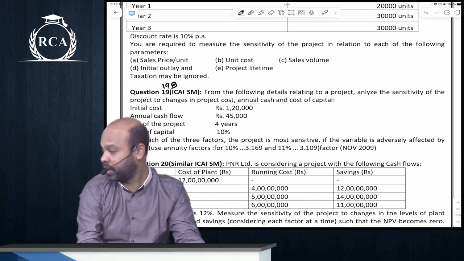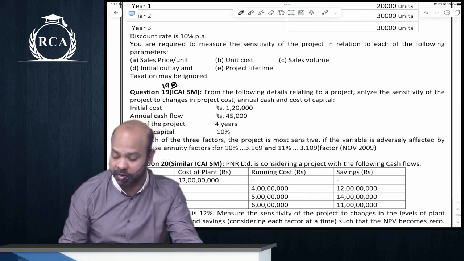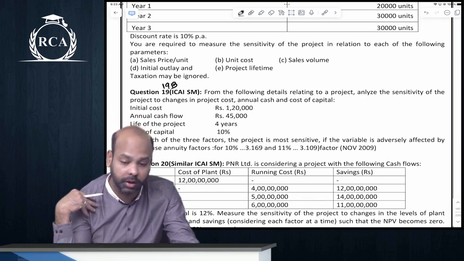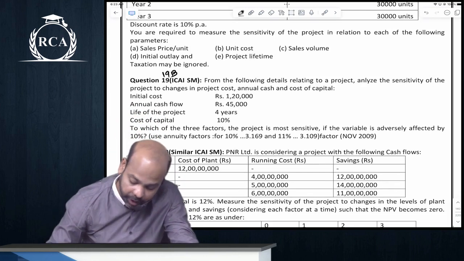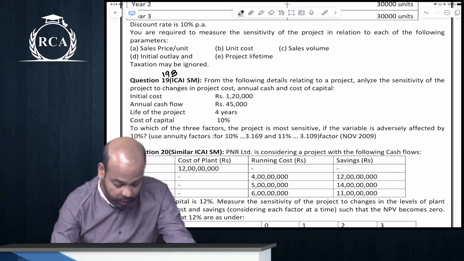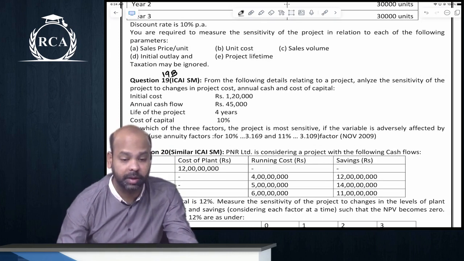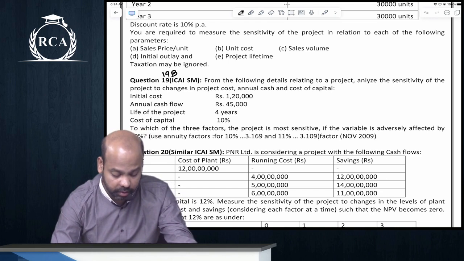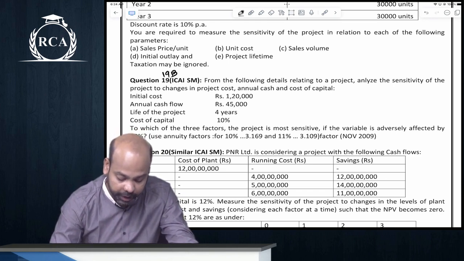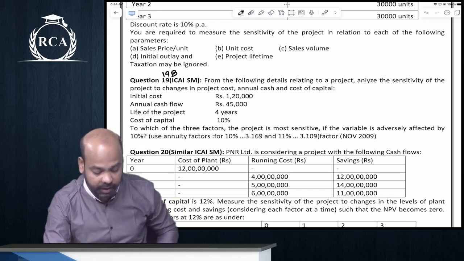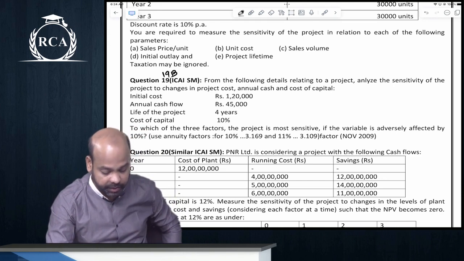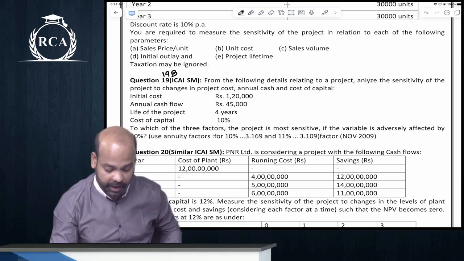The approach that we did yesterday was a constant change in every variable and the impact of that on the overall NPV. Here the approach will be to reduce the NPV to zero. This is also the same kind of impact that we did yesterday. From the following details relating to a project, analyze the sensitivity of project changes in project cost, annual cash flow,